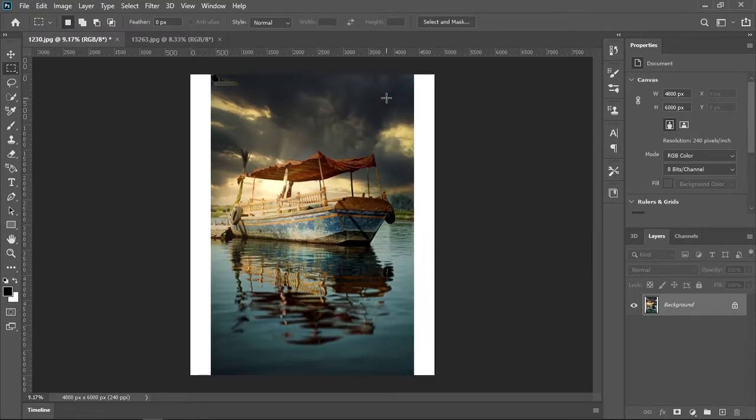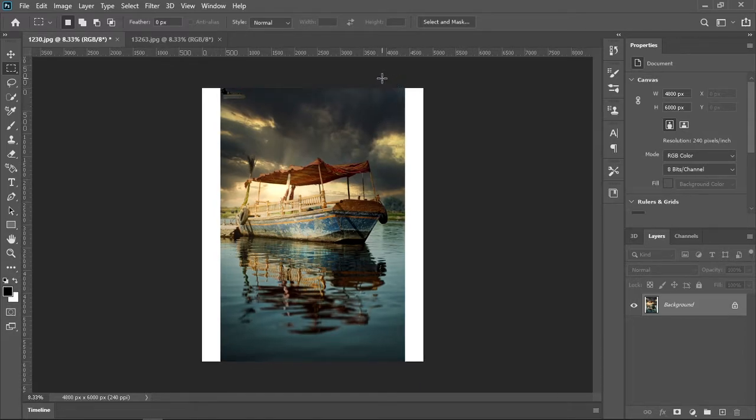I will expand this part by selecting. For getting it perfect, we need to do it from the top part so that it will not get any white edges again. So I will drag and click.